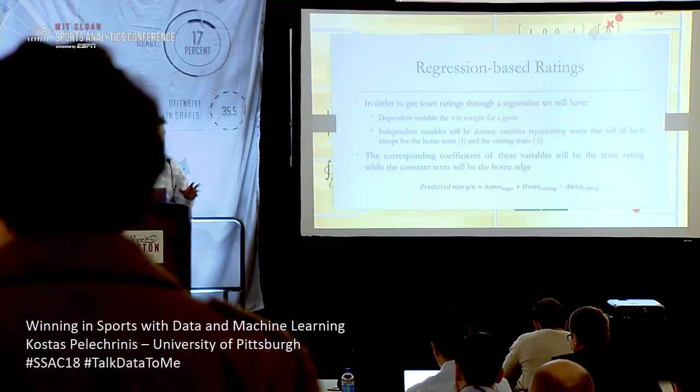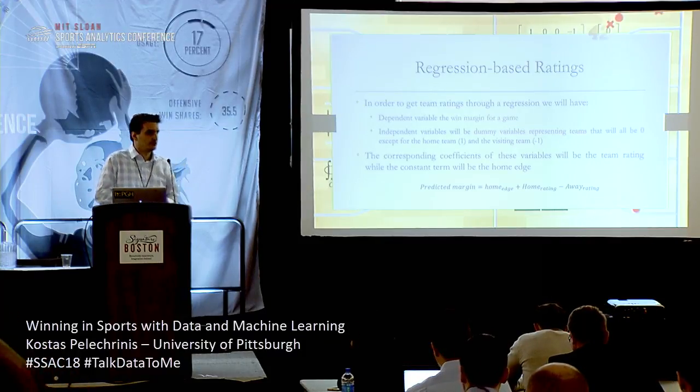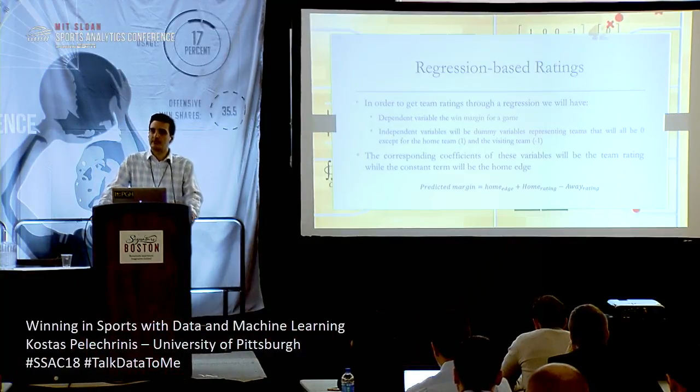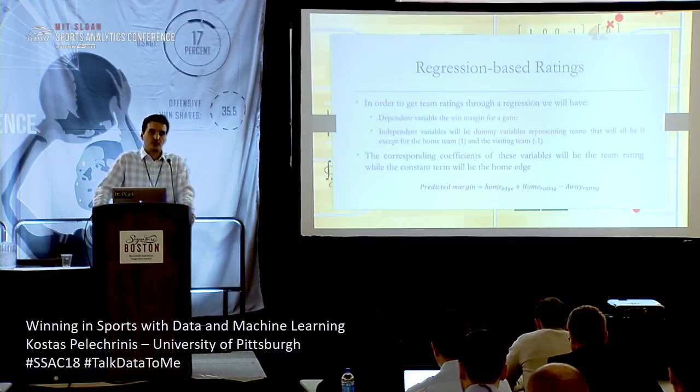So in our case, in order to model this as a regression problem, your dependent variable, your observation, first of all, your experience is past results, right? So you have a bunch of games that you have observed, and you have seen who has won whom and by how many points, right? So your dependent variable in this case will be the score differential between the home team and the away team